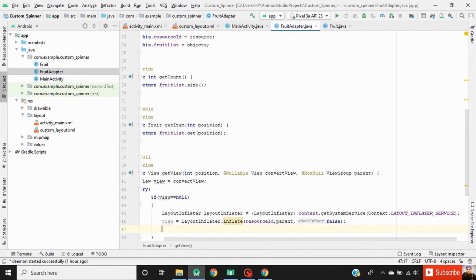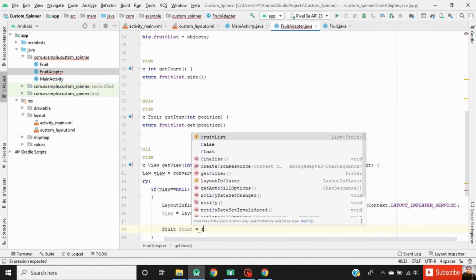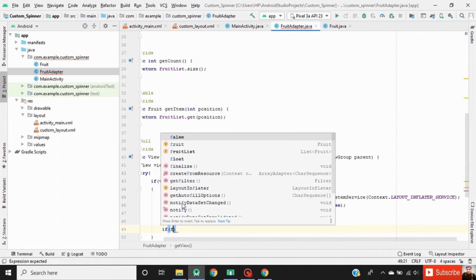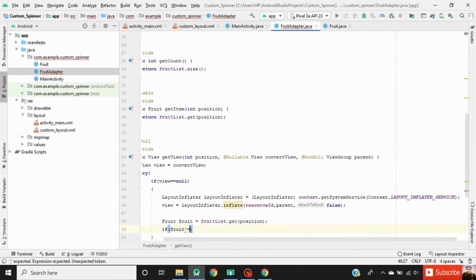Now get each fruit from the fruit list. fruitList.get and pass position. Now find all the views available in the view.